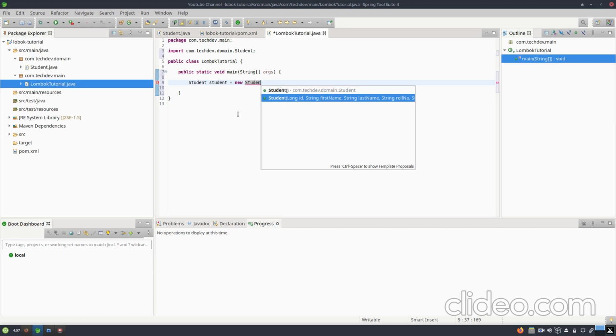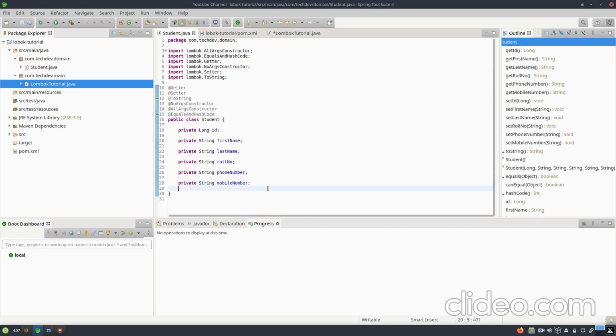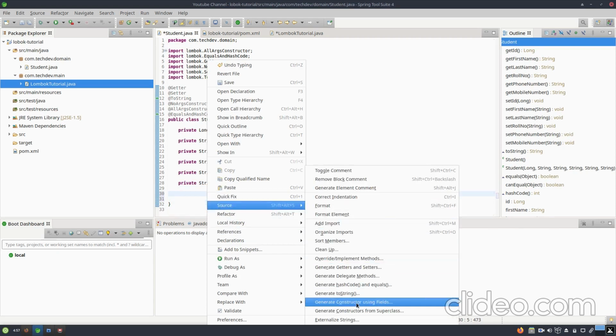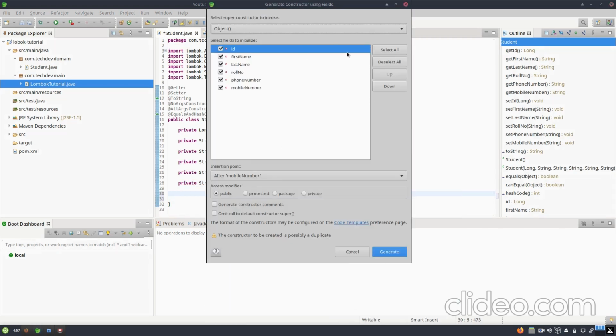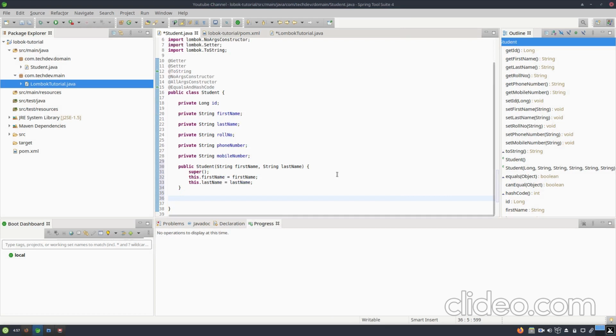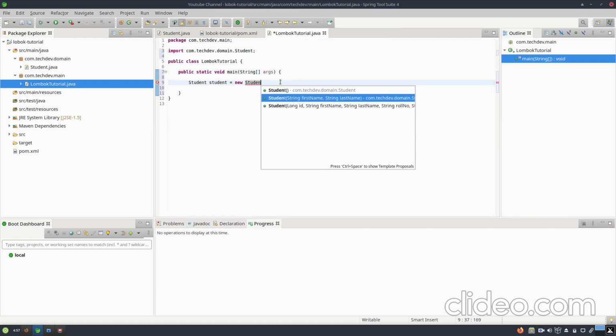As we talked about, if we want only the first name and the last name to be constructed, let's create a constructor using fields for only the first name and the last name. Generate and save it, and now you are able to see that it is suggesting the constructor with the first name and the last name.